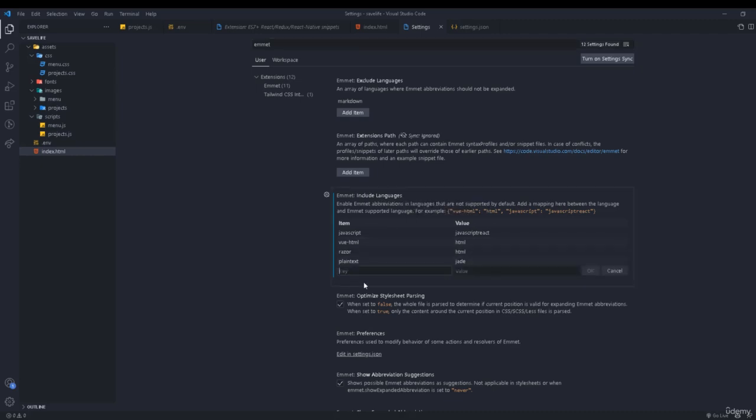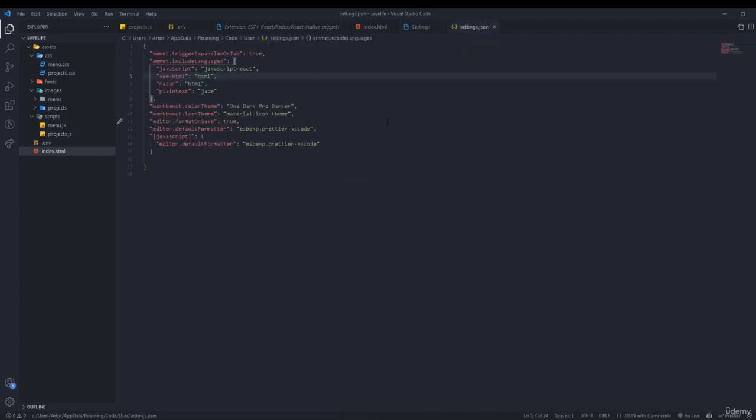You click add item, and for the key you write javascript, and for the value you write javascriptreact, and then click OK. I've already had it, and then automatically Emmet is going to work on JSX, and you're going to find it in settings.json, in emmet.includeLanguages, you're going to find javascript and javascriptreact. So this is the last thing, and I forgot it, and I had to add it to the video so you don't forget. So this is all we need for VS Code